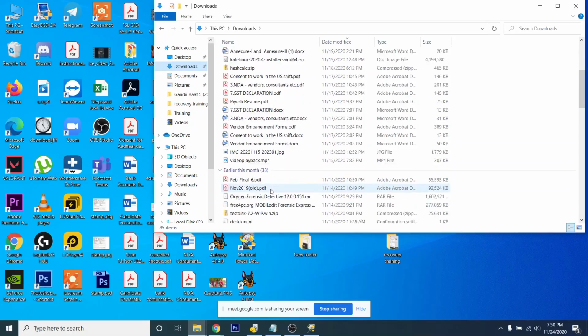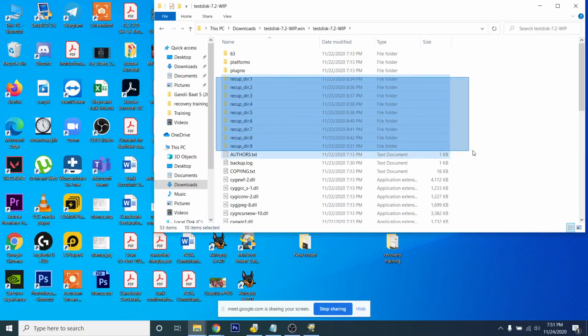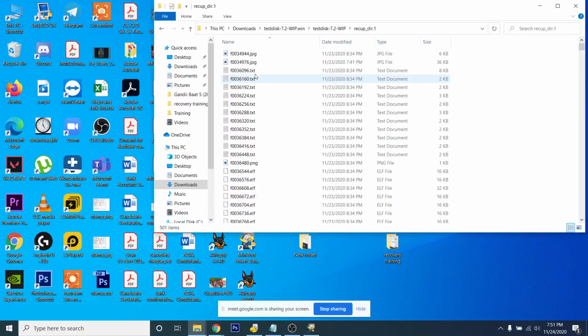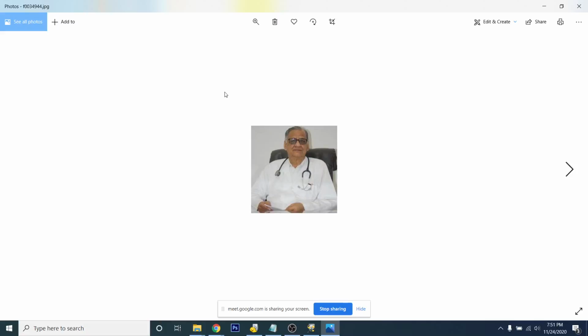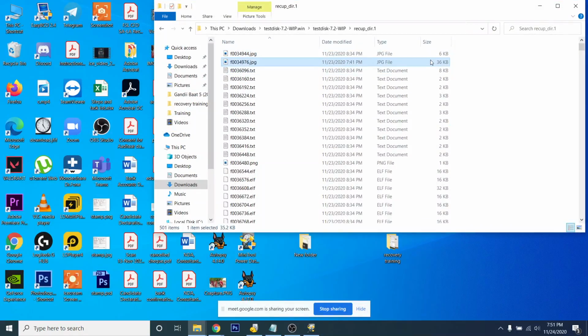Okay, where is TestDisk? Okay, here the TestDisk is. So see here, many directory folders have been created, named 1, 2, 3, 4, 5, 6, 7, 8, 9. So let's start opening with directory 1. Okay, very nice. That's why I love TestDisk also among manual tools, and it's definitely suggestible. You can see it has recovered our first file and second file also. Yes, the second file also, 35. Yes, it is exactly the same 35 kilobytes.